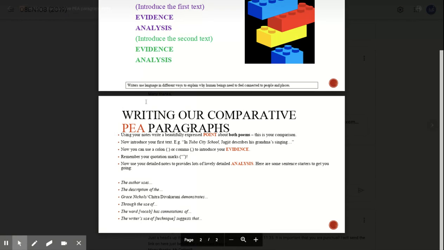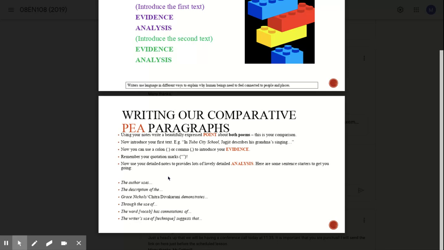Okay, so if you've got this and you've got your detailed plan and you've got an example of what it should look like, which you can use to help guide you, then you should be able to do this. And an hour lesson should be enough to write this, okay? Can you please make sure that you submit your comparative P paragraph by the end of the lesson? If you have any specific questions, come back to this video first of all. There's nothing wrong with asking one of your peers, classmates to help you. And if that fails and you're still really confused or you've got a specific question,